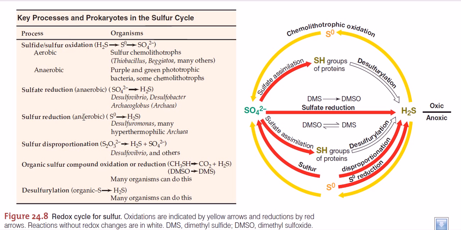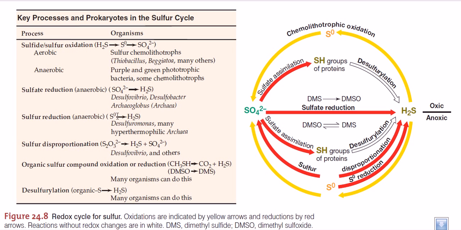For doing this aerobically we need Desulfuromonas and some of the archaea, and anaerobically we can have Desulfovibrio or Desulfobacter. The names of them depend completely upon the type of their activity. Like these Desulfovibrio or Desulfobacter, what they are doing is reducing the sulfur from sulfur's most oxidized state into sulfur's most reduced state.